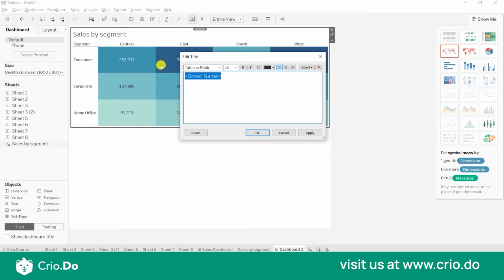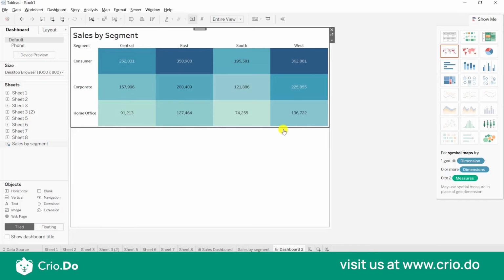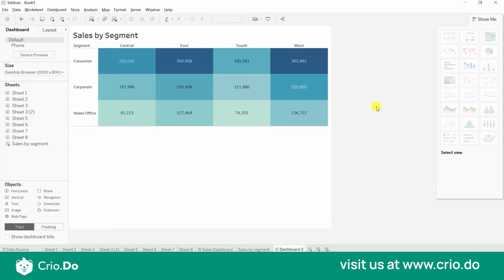So I will adjust my sheet name, sales segment. You can go with the profit as well. Whatever measure value you're going to take, take the measure value according to your requirement. This one is showing us a segment value, and it is also showing the region value. So I will build one more sheet based upon the